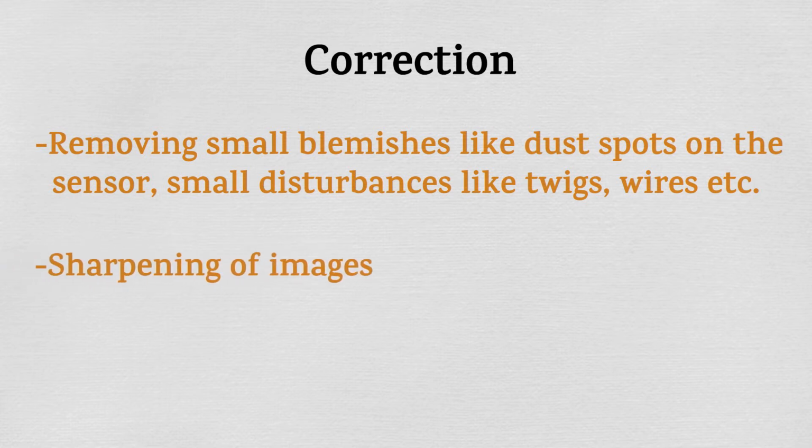It is also required to sharpen your image sometimes because of either the heat waves or your shutter speed. There are various reasons why your image might look blurred or have a depth of field issue. So you need to sharpen your images, and you have to remove noise. Please remember, in any picture you take, there will be noise because noise is present in the atmosphere. There is no way you can take a picture without noise. Yes, the amount of noise can vary from one picture to the other, but you have to do post-processing to remove noise from each and every picture.